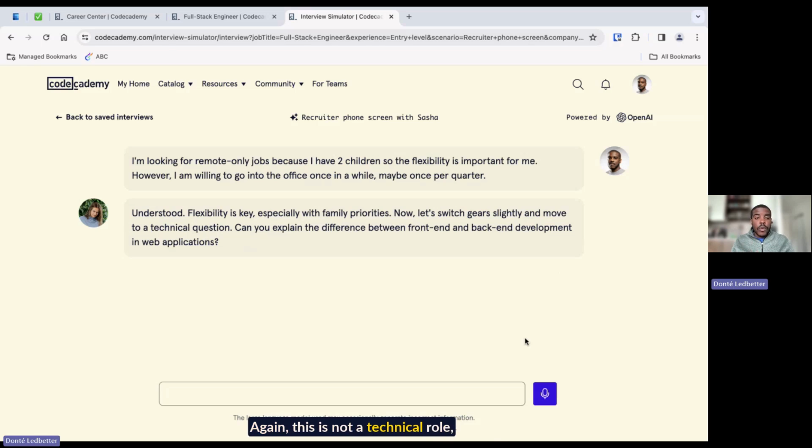Again, this is not a technical role, but what a recruiter might do is try to probe a little bit at your expertise and your skills, and try to understand how fit you are for a role. So I'll respond to Sasha and say, okay,